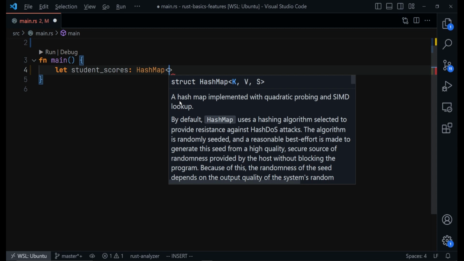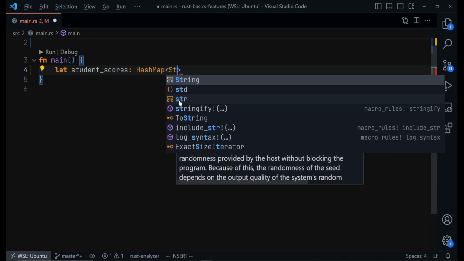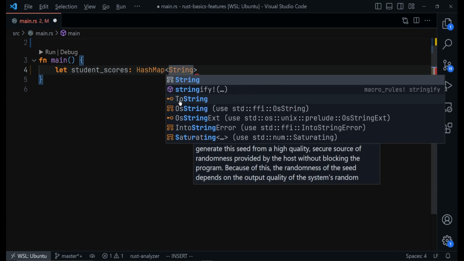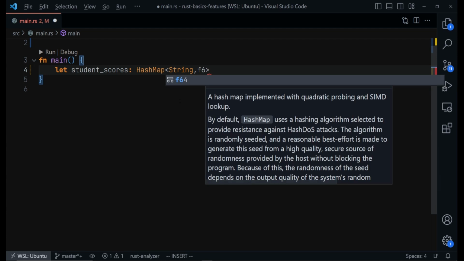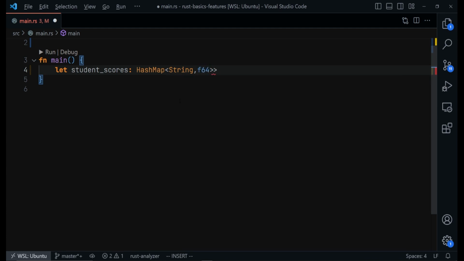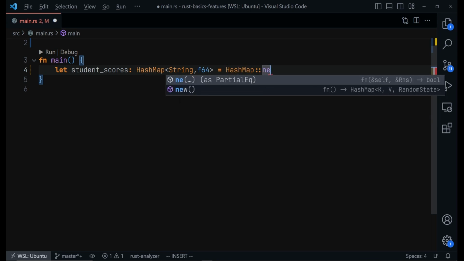Then we have to provide the type of data the key will be, and then the type of data the value will be. So we will need strings for the keys, and then we will need f64 for the values, because scores can have decimals as well. And then we'll create a new HashMap by using the new associated function